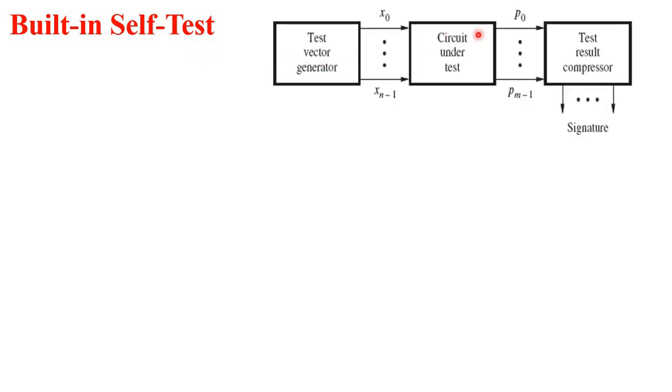So till now we have seen that the testing of the circuit can be done by applying some externally connected inputs and verifying the result obtained from the circuit. But it requires some external equipment connected to the circuit. So this is nothing but the circuit under test. It requires some externally connected equipment. So that is called a built-in self-test.